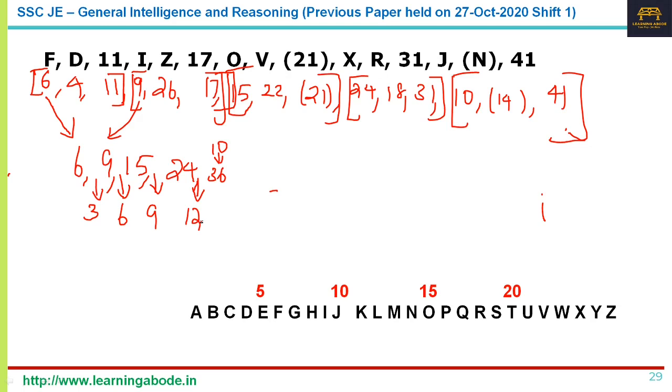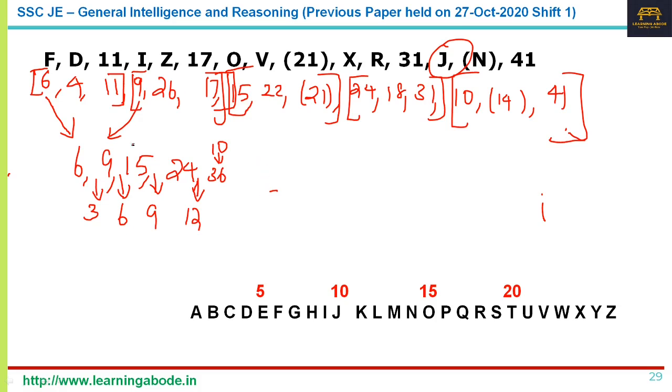Now when you are going for the alphabetical sequence, you have only 26 alphabets. So what will happen after that? It will again start from after 26 alphabet. 27th alphabet will be A, 28th will be B, and so on. So if you go in that order, the 36th alphabet would be the 10th alphabet, which is J. Now that is what we have here, J, right? So that's the sequence there.